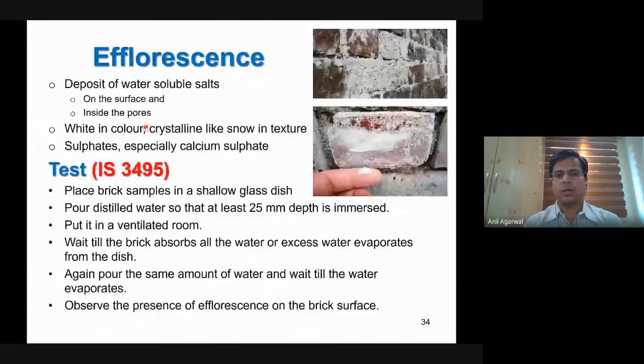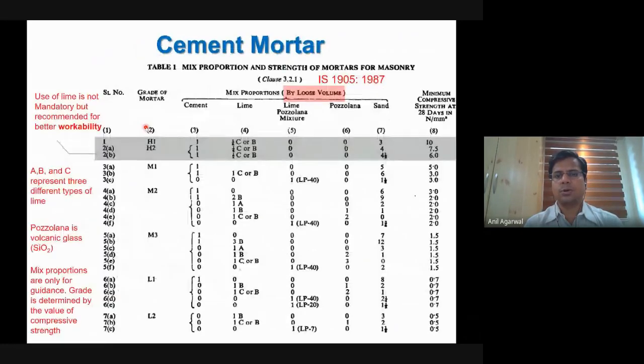Now what it is saying for mortar is the highest class mortar is required 10 MPa in comparison to 35 MPa. That was the highest for brick. So of course, mortar is expected to be weaker than bricks. Okay, and it may have as low as 0.5, very, very low in comparison to the bricks. In fact, almost 7 times weaker than the lowest quality bricks. All right, so mortar is expected to be weaker than bricks, but still this mortar can be used with any kind of a brick.